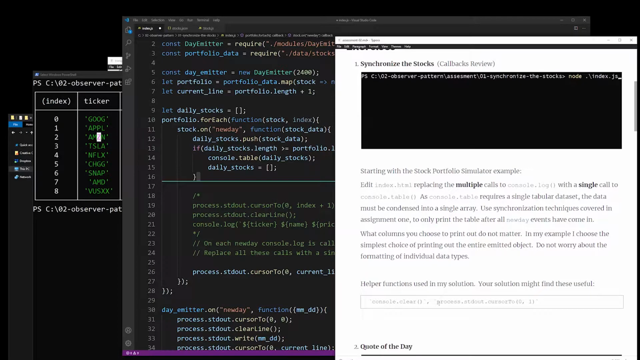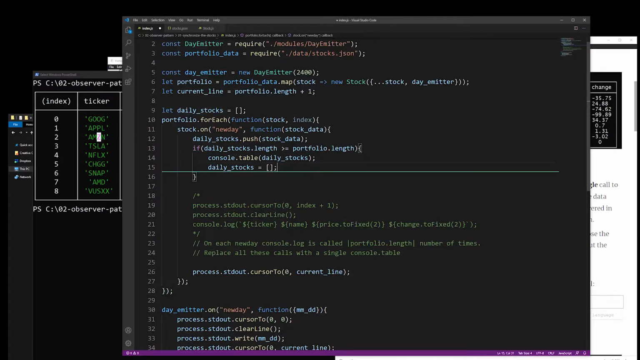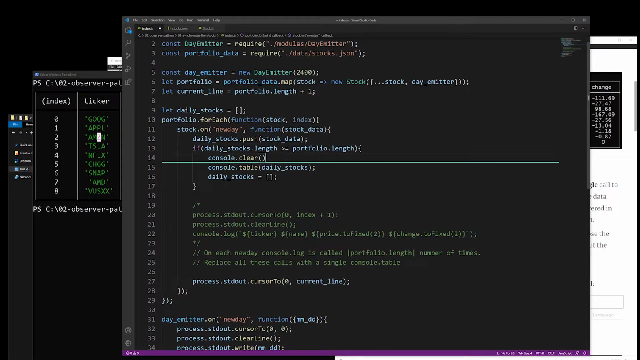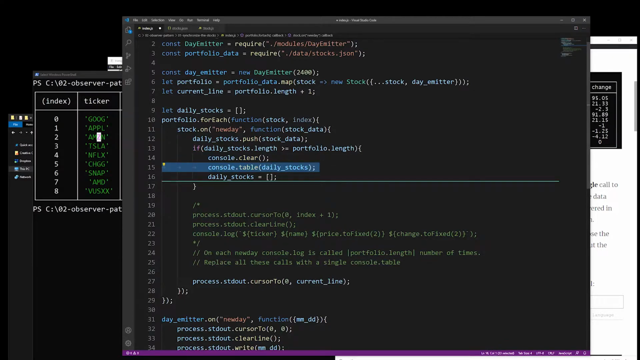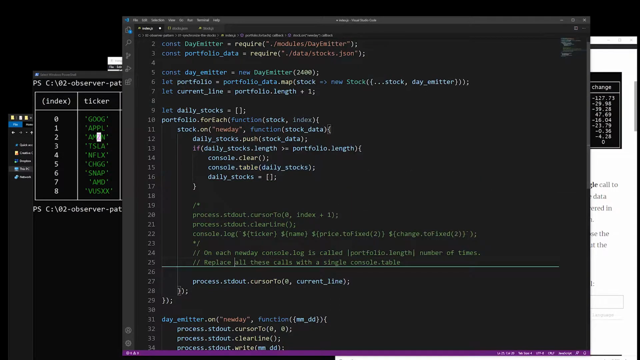Okay. And then over here, this gives me a bit of a hint that I need to use console.clear. Okay, so when a new day occurs, I need to erase all the previous day's stuff. Okay, so I'll do that over here. Erase the previous day stuff, then print out the new day's table, and then finally move the cursor